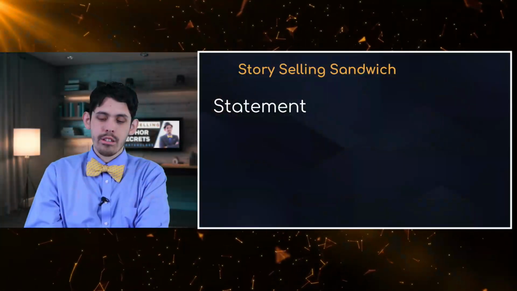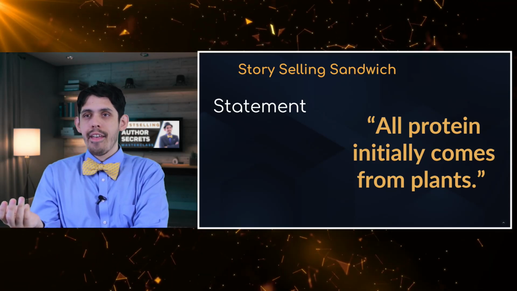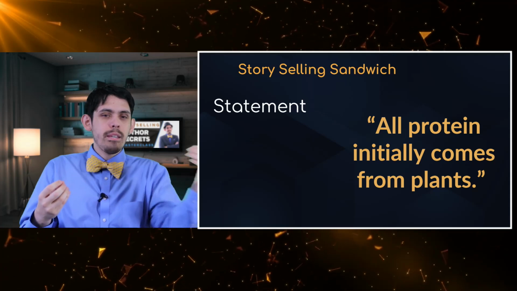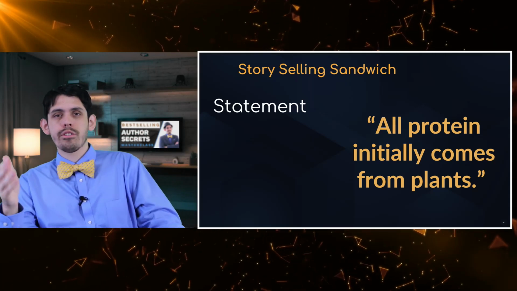A lot of very persuasive speakers do it whether they realize it or not, or maybe they know it by a different term. Dr. Bobby Price teaches people how to eat a plant-based diet and why plant-based is so effective. What he does is he makes a statement to the interviewer: all protein initially comes from plants. And that's shocking. It's like, wait, what? Because we're talking about how we need animal meat in order to get protein, right? And he's like, well, all protein initially comes from plants.